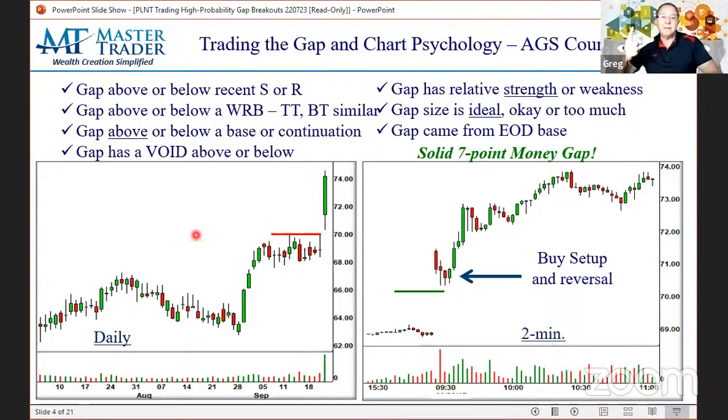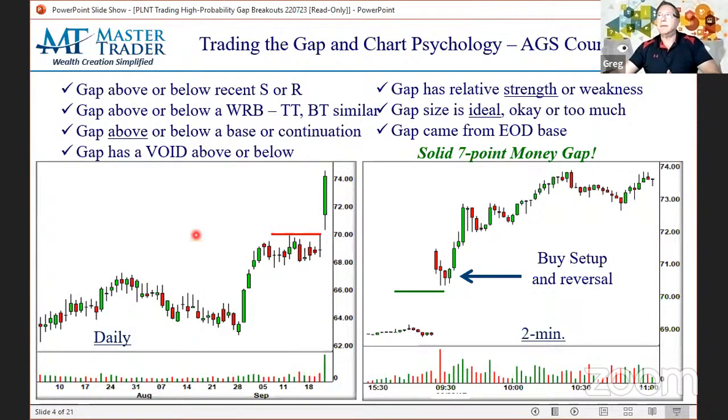So check one, this is a good gap and it's got the high probability of continuing to go higher because there's nothing to the left. So the idea behind this void concept is that everybody who trades with charts is looking to the left to say, hey, here's this area of resistance and I'm going to sell there. Well, if there's just a void, meaning there was a big momentum move, or maybe there was potentially a big gap down where, what Dan is showing here, there was a gap down and it recovered,